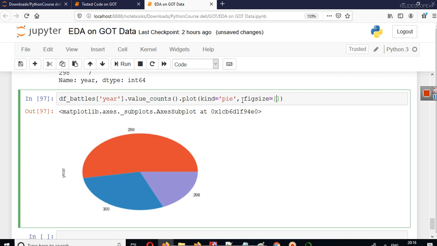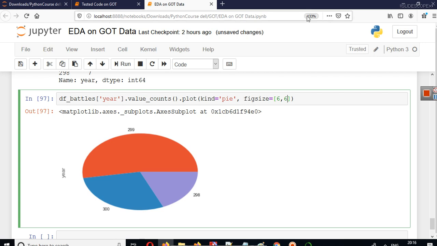Here you can provide a value for what the size of your chart should be. I am giving you an example, 6, 6. This will give you an idea of what a 6, 6 figsize will look like.